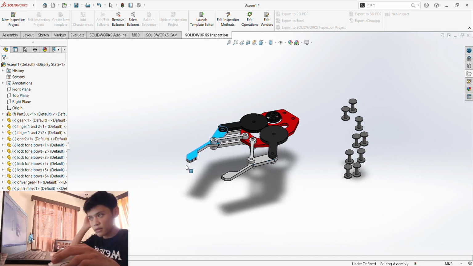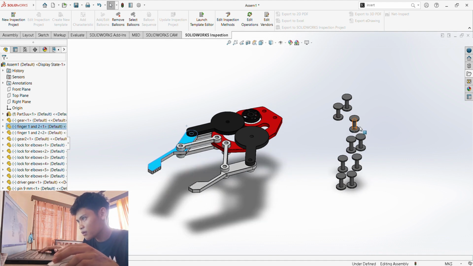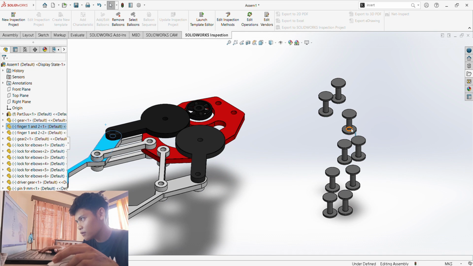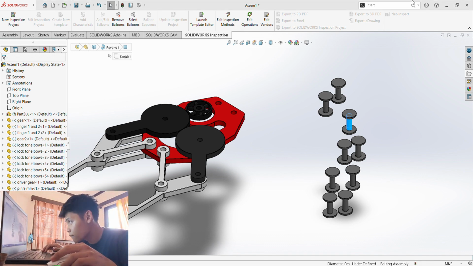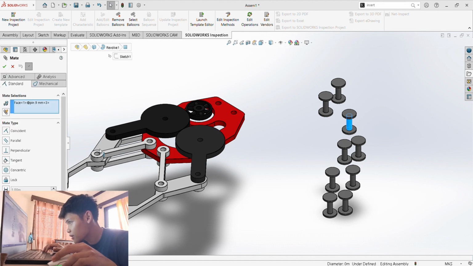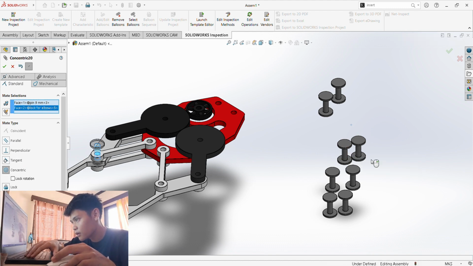Okay, so now we just have to put the pin. So let's go and mate again. Concentric, enter. This one, and this one, enter.